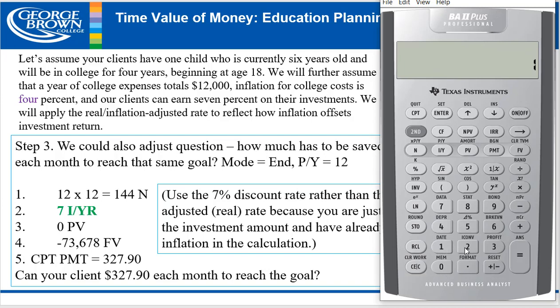So my N is going to be 12 years of savings. Second N is 144, or I could do 144 N. The interest rate is 7%. That's our investment rate. There's no present value. And the future value is the